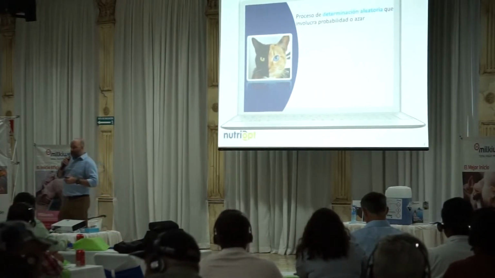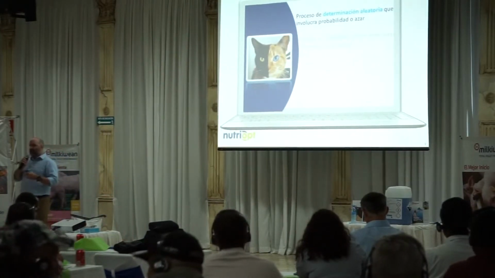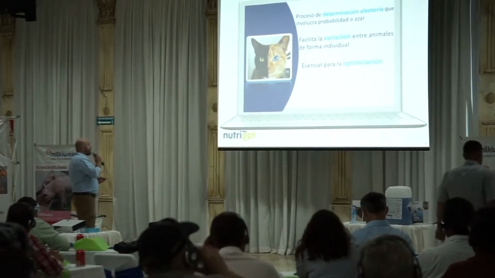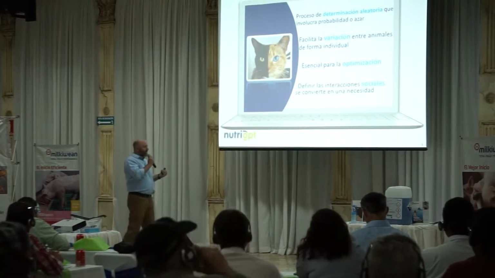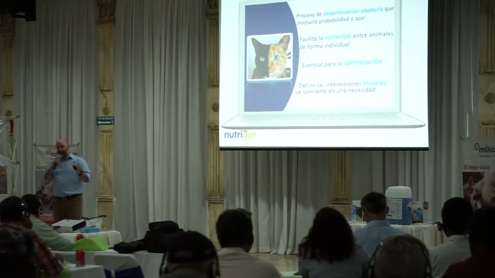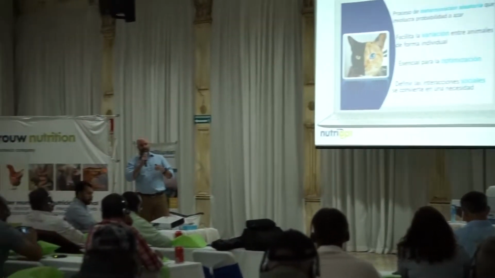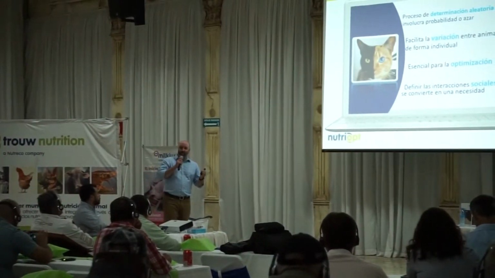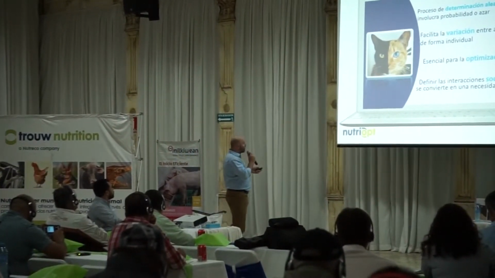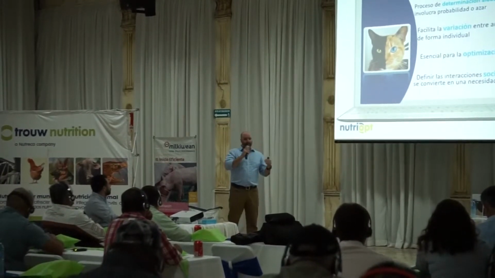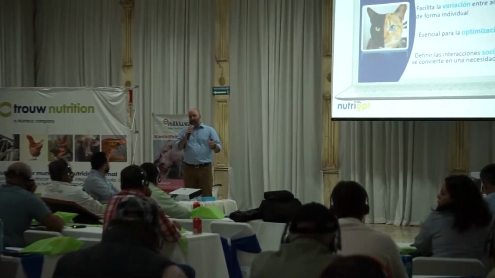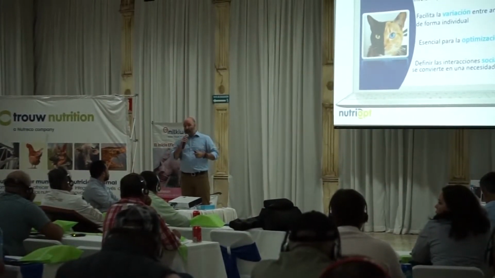A major factor of our model is stochasticity. What stochasticity means is it's an ability to look at random events within a system. It has existed actually in the insurance industry for a long time, but this is a biological application of it. It also facilitates variation within the population of animals. So we can look at not every animal being the same, which we know to be true in the barns.